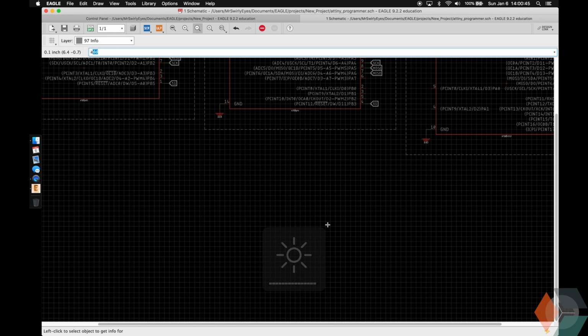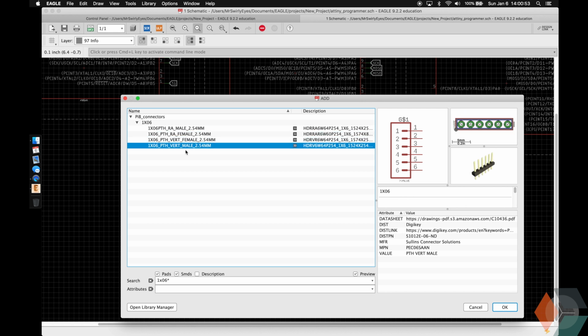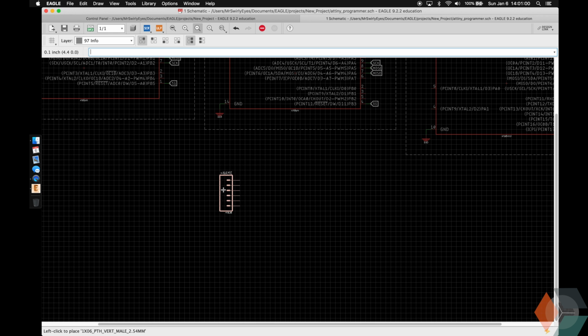So what we're going to use are these particular connectors, 1x6. We're actually going to use 2 of them, and we're going to use vert male. So through hole, vertical, male, 2.54 millimeter spacing, just like that. And then we're actually going to use a second one and mirror it. So it's going to make sense when we get to the board how it's going to pan out, but I'm